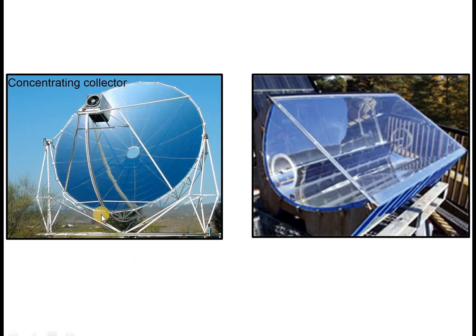Let's first visually see what the difference is. In point focusing, radiation of the entire surface is focused to a single point. This is that point. Whereas in a line type of collector, it may use a trough, a long trough. The shape is like this, curved at the bottom, in which the entire light reflecting from the surface is focused along a line, not on a point.